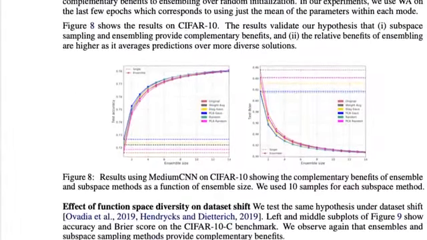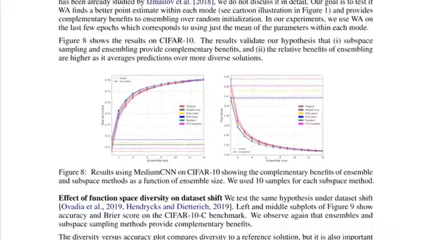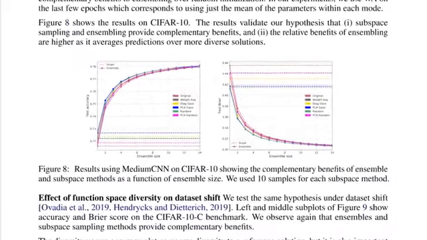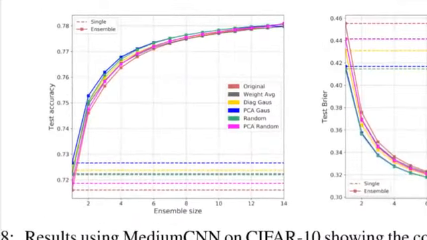And it happens because the ensemble members obtain different minima that are functionally different. Okay, so exactly, that's what they do here. So they now build ensembles out of these different things, and you can see